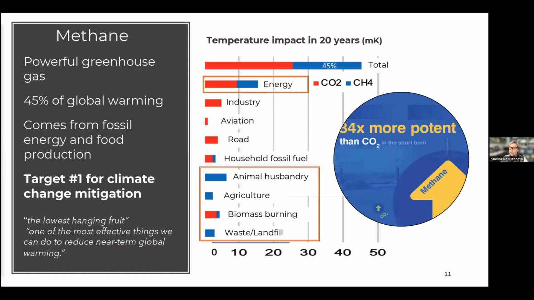Even so, methane is relatively small in concentration in our atmosphere. This contribution seems to be one of the most significant ones. This is why, if we look forward at what we can do to deal with climate change now, how we can slow it and extend time for ecosystems to adapt, methane becomes this essential target number one. You might see it in many news stories, like the lowest hanging fruit, from the European Union: one of the most effective things we can do to reduce near-term global warming.